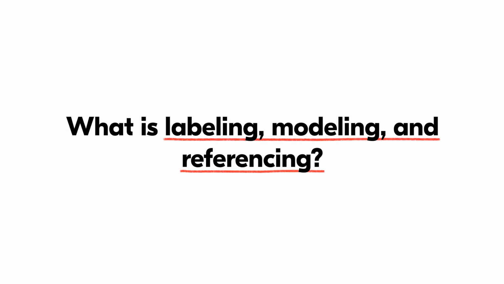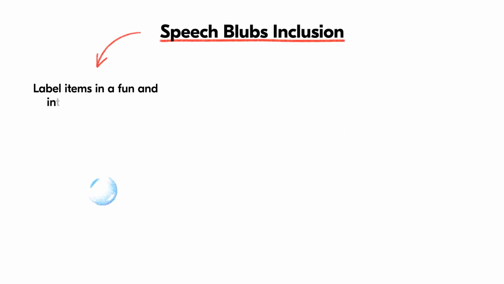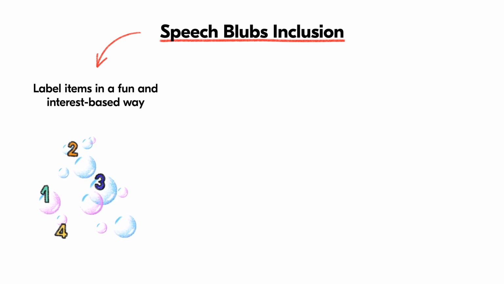Now, let's talk about what labeling, modeling, and referencing is. Label items in a fun and an interest-based way. Make sure you label items that your child finds interesting, not what you think he would find interesting necessarily, but make sure that it is really something that your child is interested in. If he or she likes the bubbles, you can count the bubbles, label the sizes, count how long they take